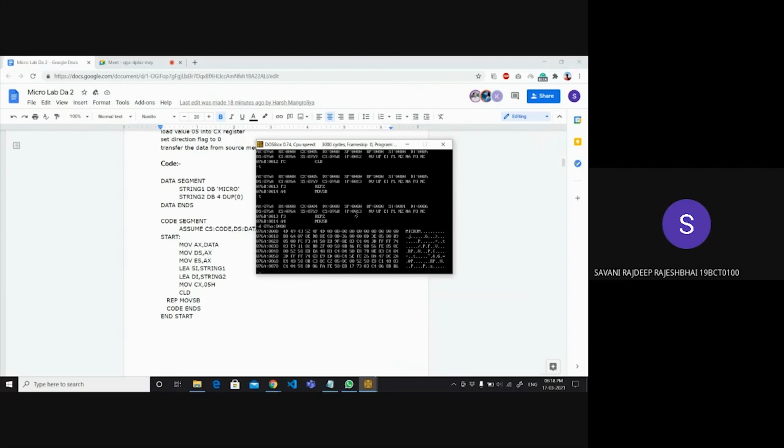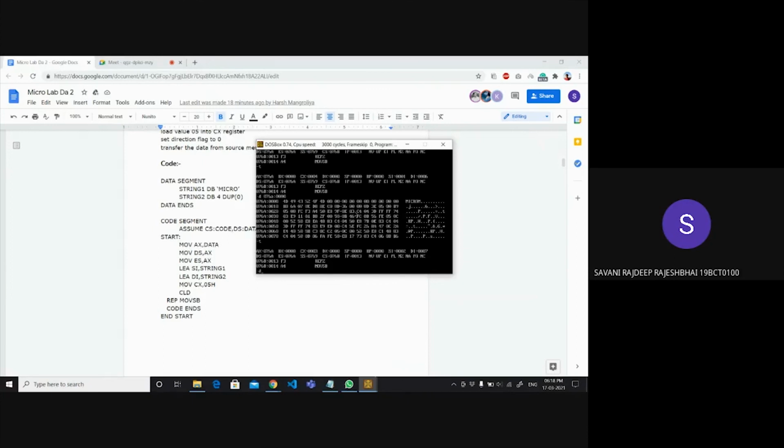This is the string representation of "micro". After transferring the first character to location 5, it becomes 4D, followed by 4F, because it is M from "micro". You can see here the fifth location, M, is copied from the zeroth location in the data segment.